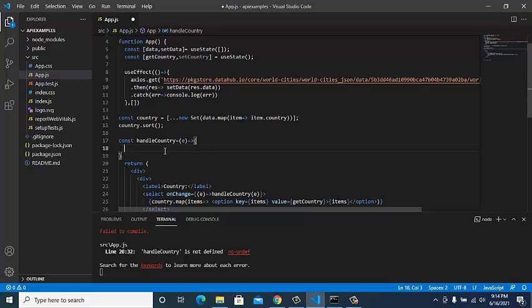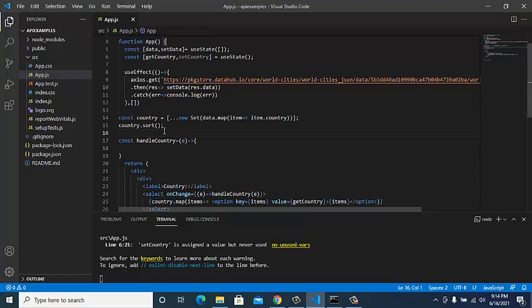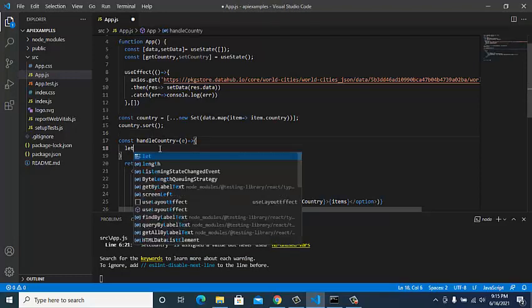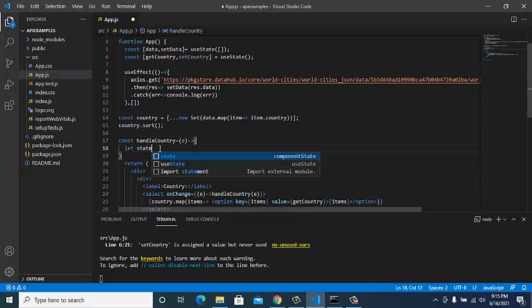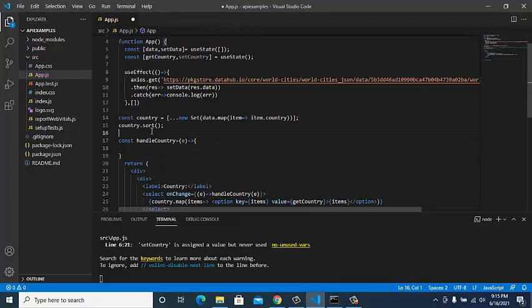So how will we filter out the data? Let me show you what all data is coming in the data.